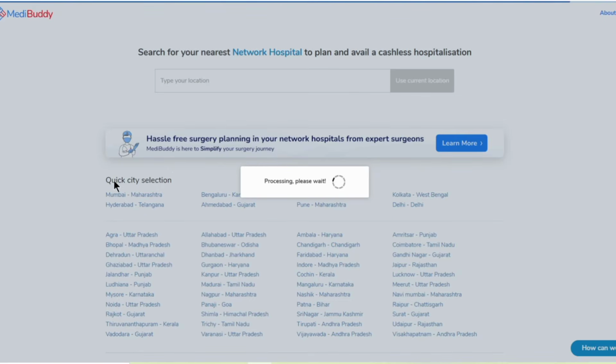Here you can see that you can search for different locations. You can use your current location, and it will automatically tell you which location has which hospitals and what are the hospitals that are included in the network. You can see the Mumbai Maharashtra region, Bengaluru Karnataka region, Pune Maharashtra, and Kolkata West Bengal region. These are all the regions where you can look for hospitals in the network for cashless